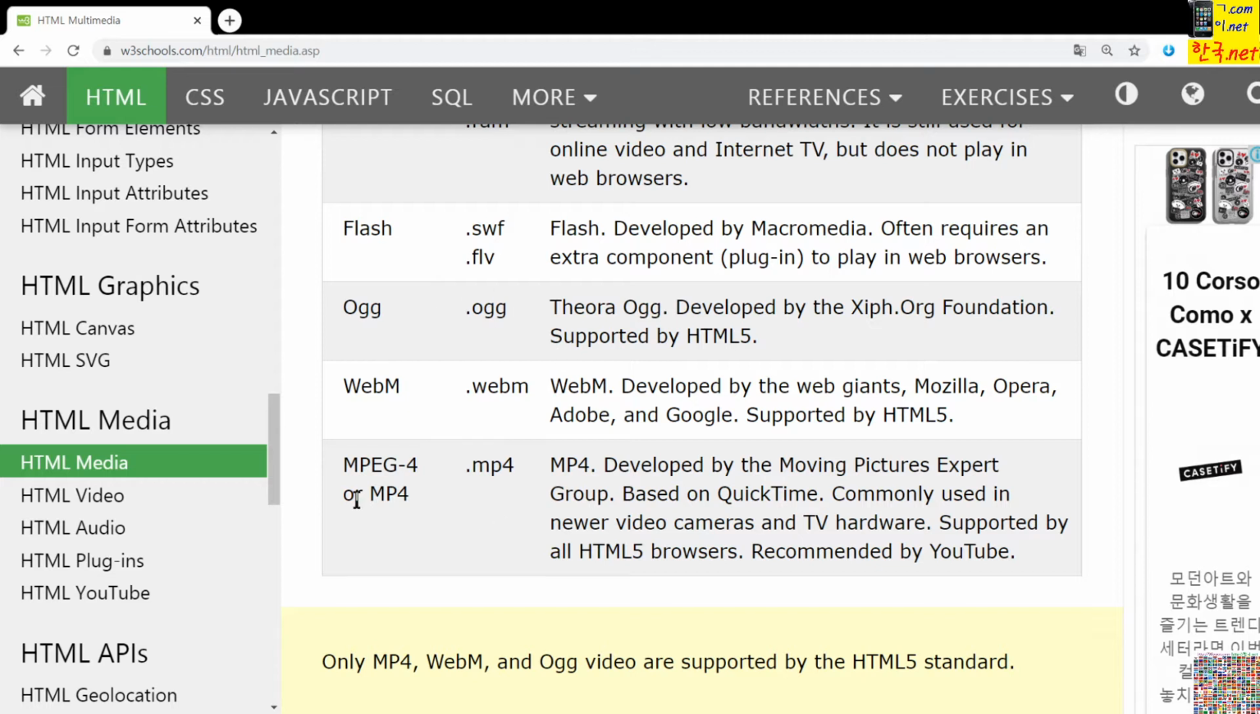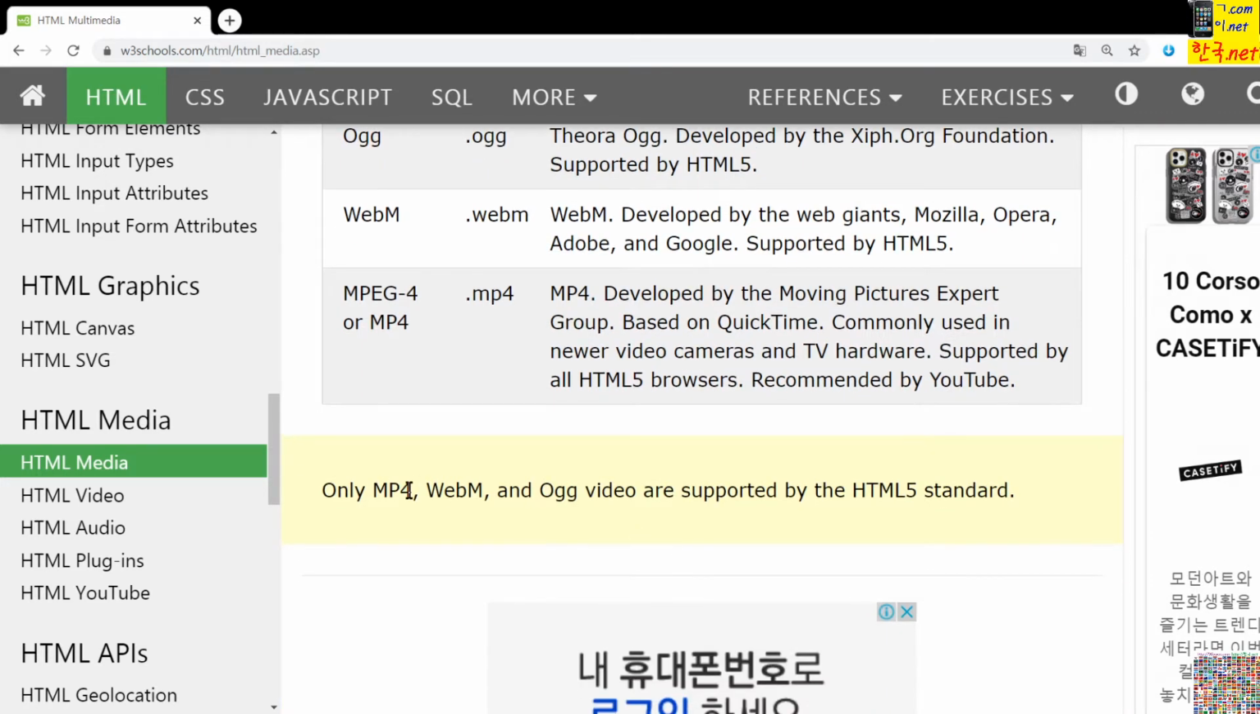Please focus on those 3 file extensions. Among them, this one is the most useful and recommendable file format, developed by the Moving Picture Experts Group, and that is MPEG-4. It is commonly used in newer video cameras and TV hardware, and it is supported by all HTML5 browsers, and recommended by YouTube. And now you are watching this video that is based on MPEG-4. Thus, please try to focus on those 3